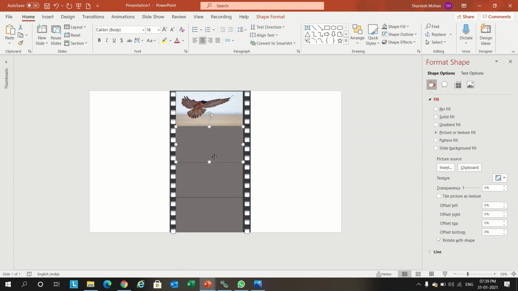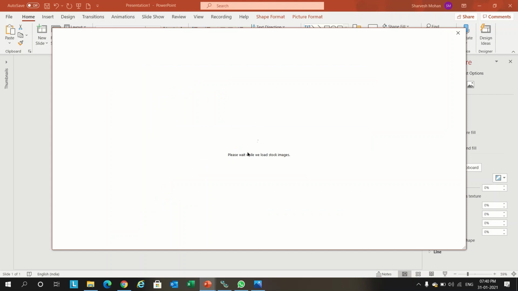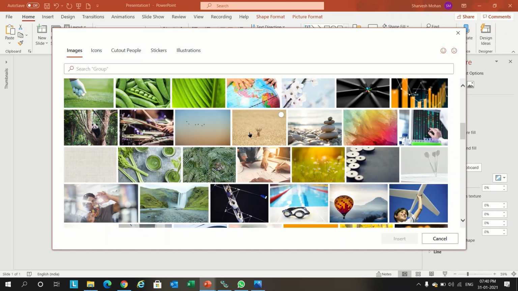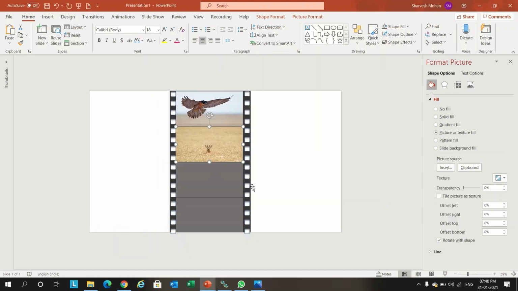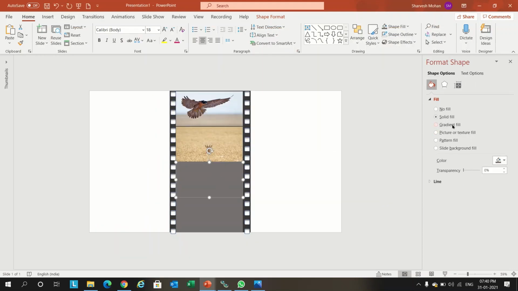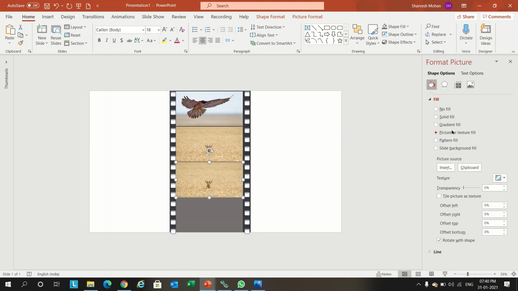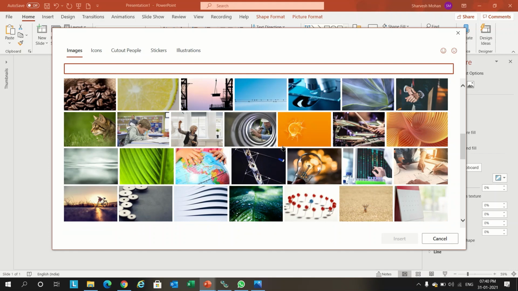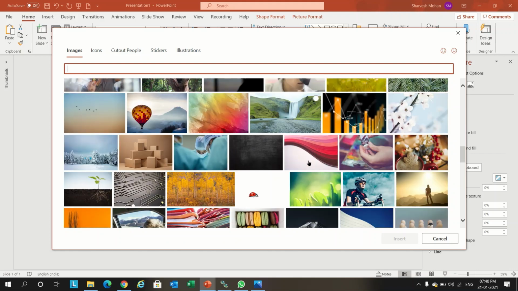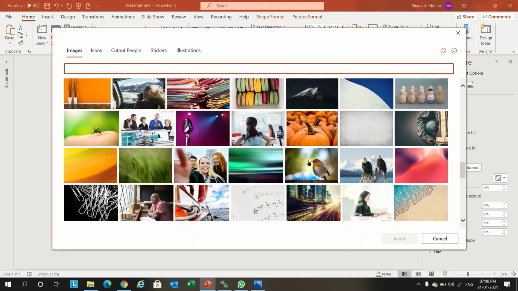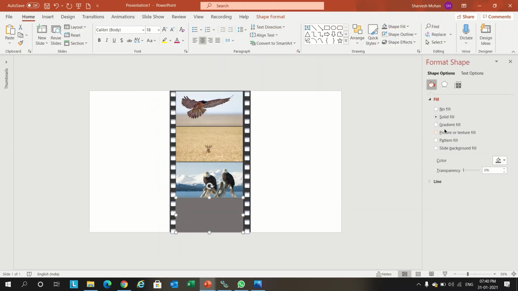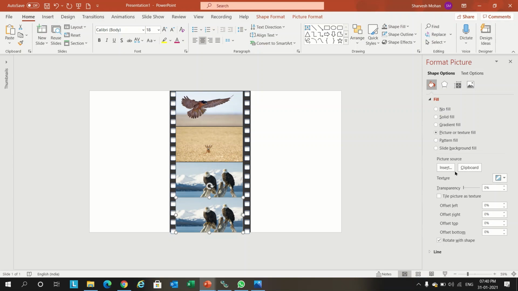Insert. Again, we'll select picture, insert, stock images. We'll take some other picture, insert. Again, select this one, picture, insert, stock images, and we'll take one more picture, and for the last one, we'll take one more picture.